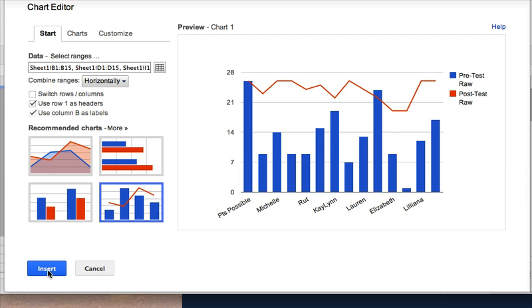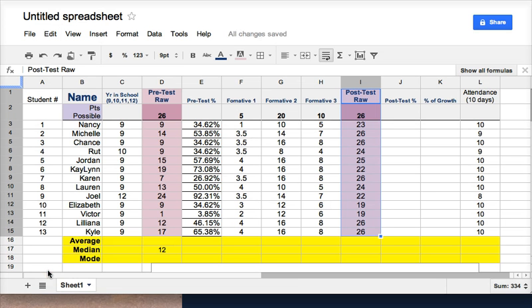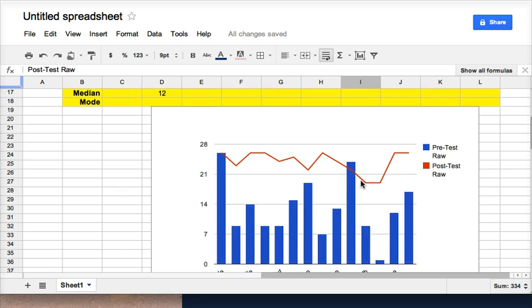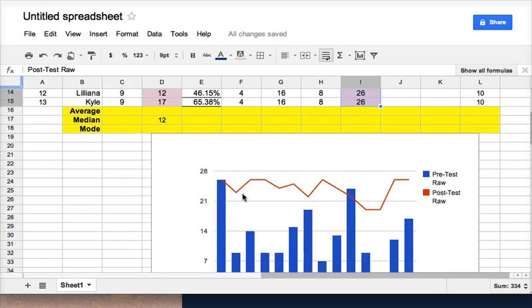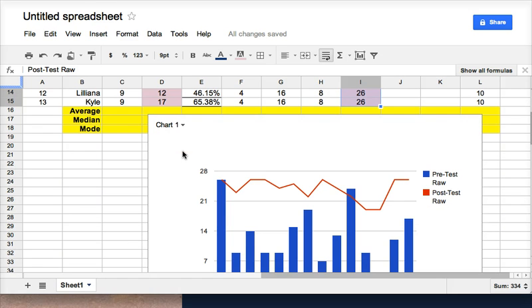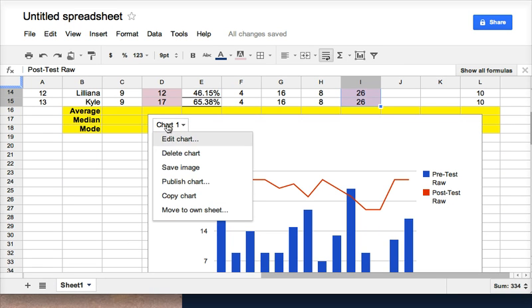When done, simply hit Insert, and that graph will show up down below, but there's a lot of scrolling. So one suggestion is you may want to select your graph, and in the upper left hand corner, one of the choices is to simply move it to